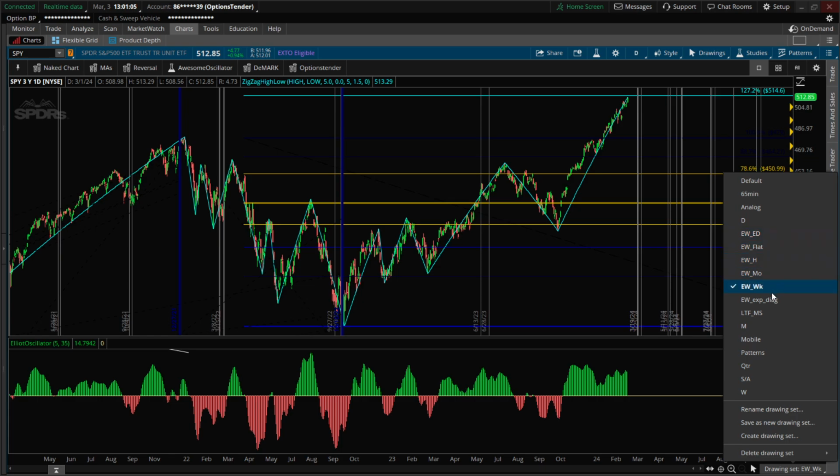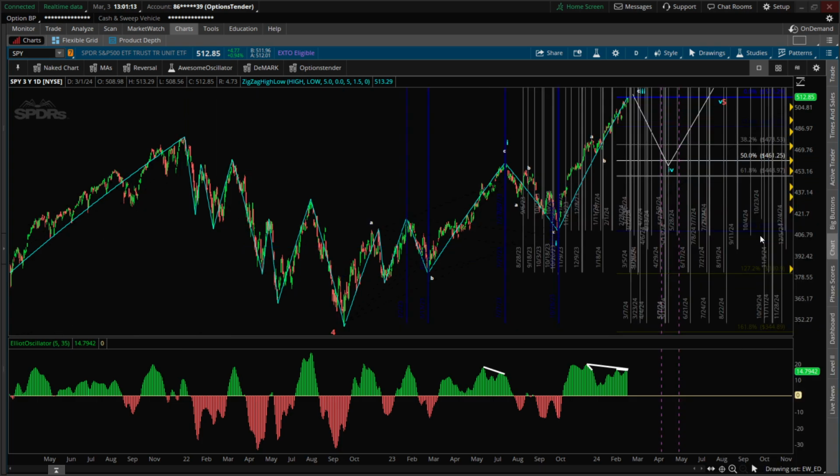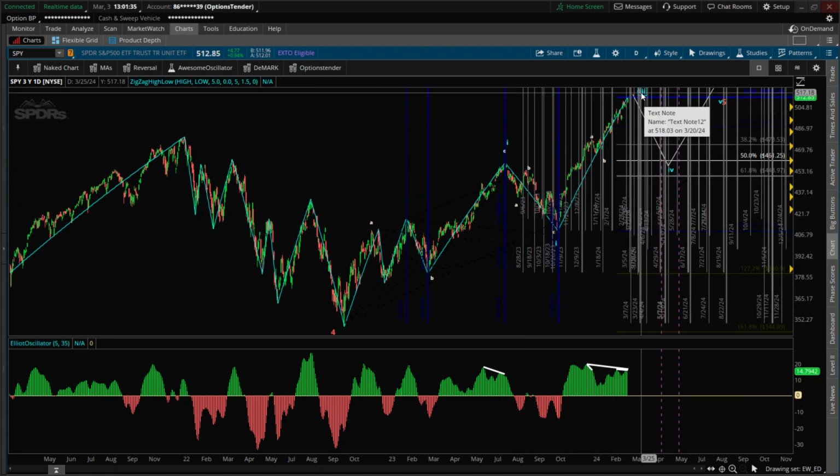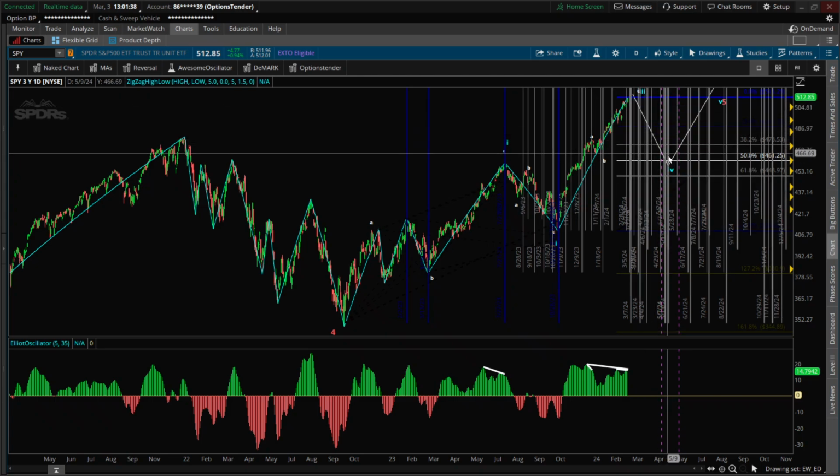On this daily time frame, let's do the alternate scenario, the ending diagonal. Now again, this is very, very busy in here. I have to clean this all up, but I want to show you, first of all, that we have our A, B, C for wave 1. This is the alternate scenario. ABC for wave 2, ABC for wave 3, and then we get our correction, possibly down into this zone, retesting